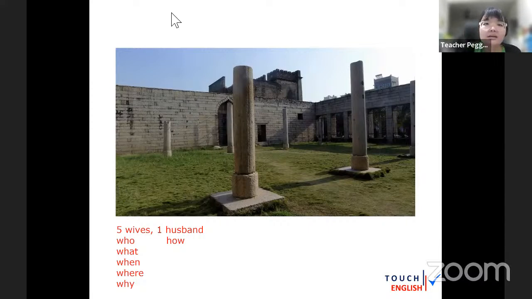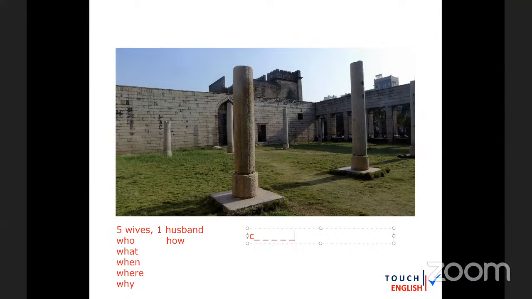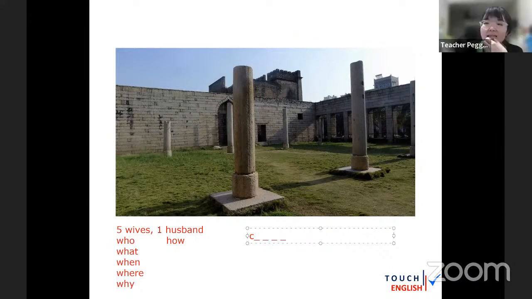Okay, I give a hint. Start with C. Okay, yeah. Total is Castle. Castle. Yeah. Finally. Okay, castle. This is why we say castle, 城堡. Castle. So when we have this castle,